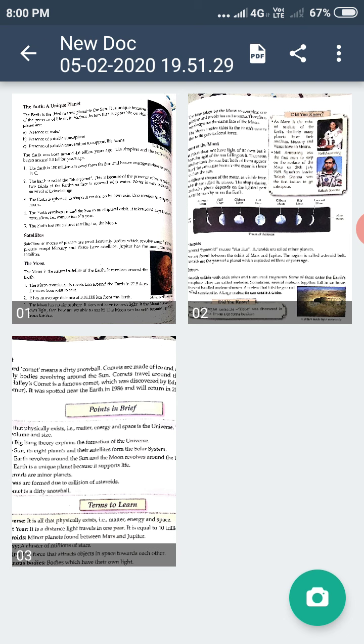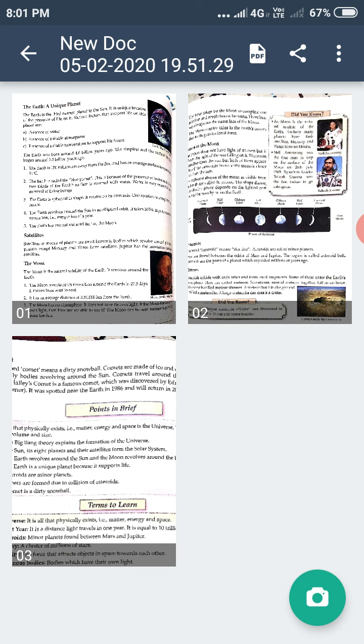Now, what are asteroids? Asteroids are also called minor planets, small planets, and these are found between the orbits of Mars and Jupiter. Orbit, all of you know what orbits are? They are the paths of the planets on which the planets revolve. So between the orbits of Mars and Jupiter, we can find the asteroids, and this region is also called the asteroid belt.